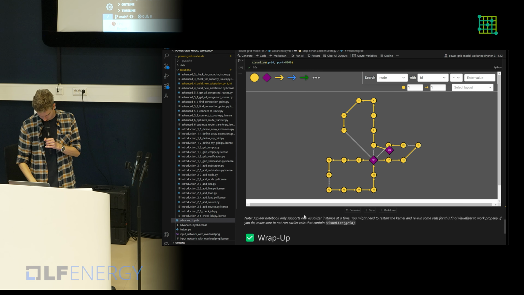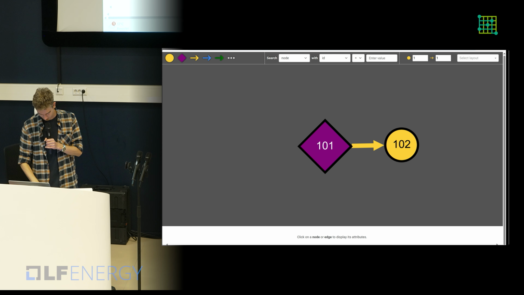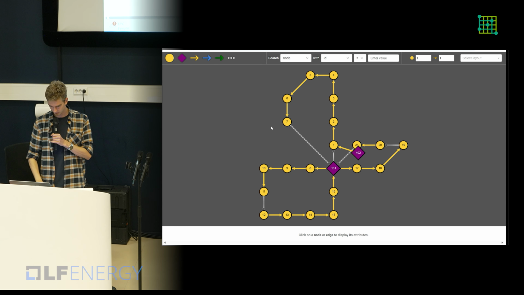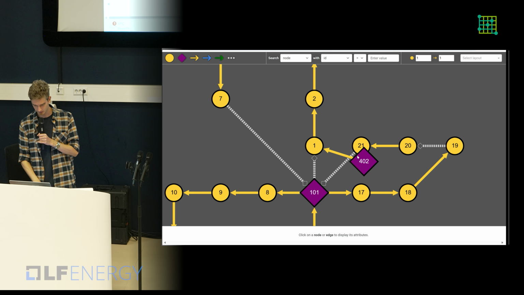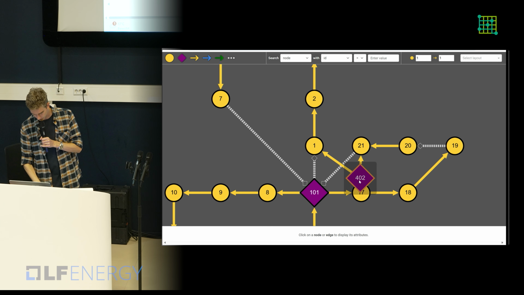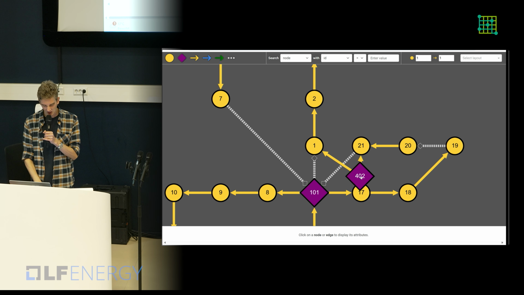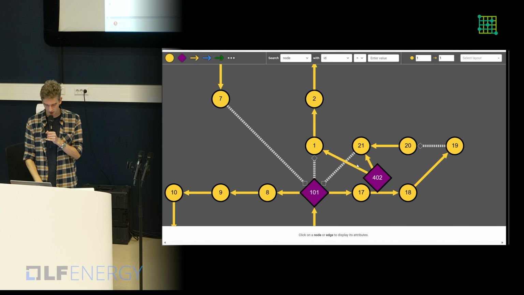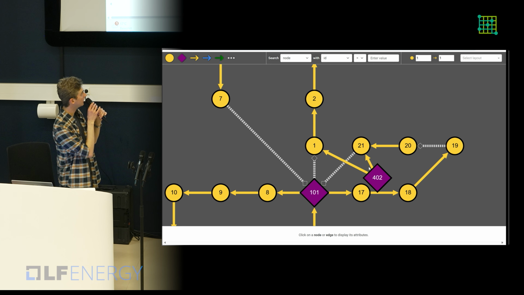Oh, it actually worked. Okay, right. So I moved this a little bit so we can see the connection that was made.